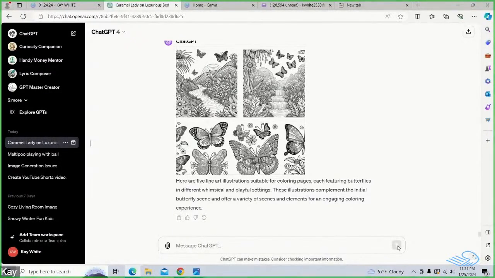Now, this is what I was concerned about. Here is an image that they've provided as a coloring image, but it has that shading in it. And also it gave me five different images in one block frame here. So I'm going to